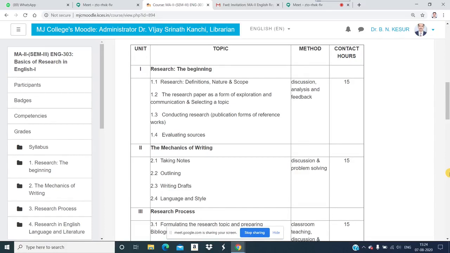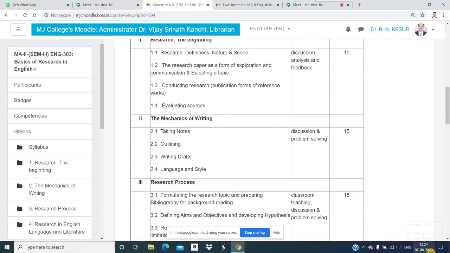Because the researcher is expected to understand that particular subject, and then the researcher has to speak about that particular subject. He has to give the justification for that. So all those things will be considered there, but at the same time the language used by the researcher is very important. Then the style used by the researcher. So we will try to understand what kind of language and style the researcher is expected to use.